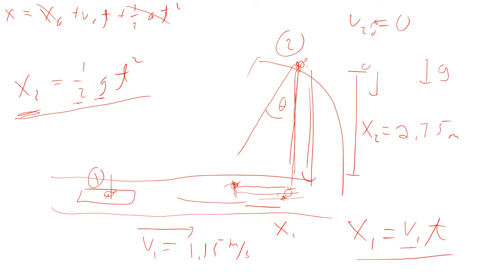If I had t, then I could find that distance. If I know this distance and this distance, I can find the angle. That's what I'm trying to find, the angle. So all I have to do is find this distance, x1. That's going to be v1 times t. I've got v1, I just have to find t. I can find the t from